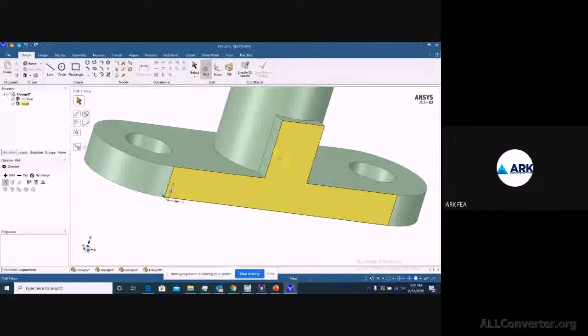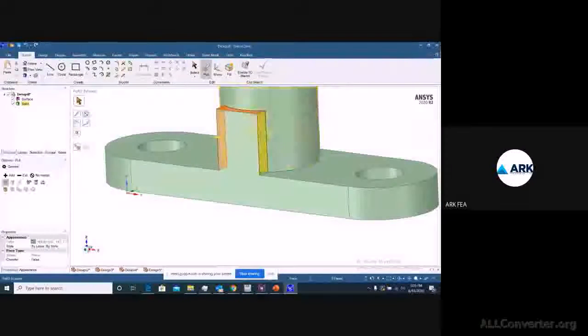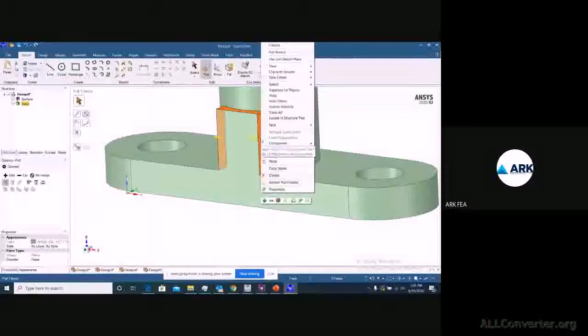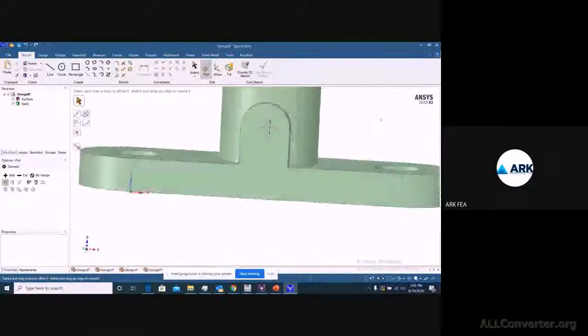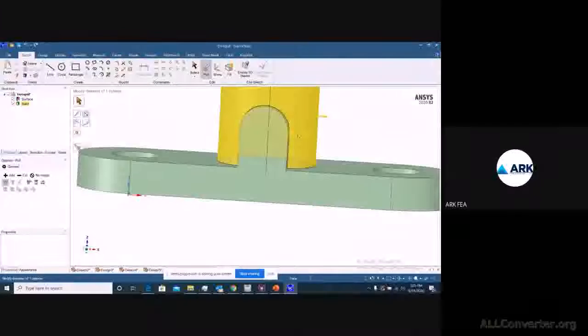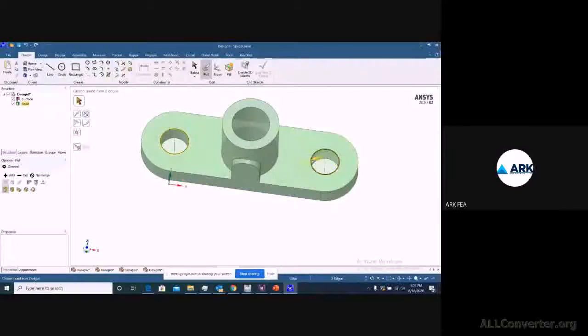Anytime you want you can edit it. So next we need to have a full curve, right? So for that you can select the surfaces, right click, and you can say to have full round. So this will create a complete round here, and you can define a round feature here as we have already discussed.